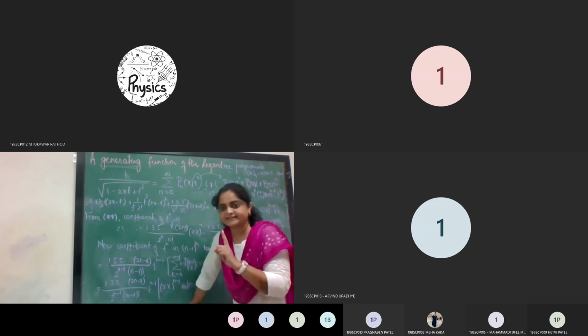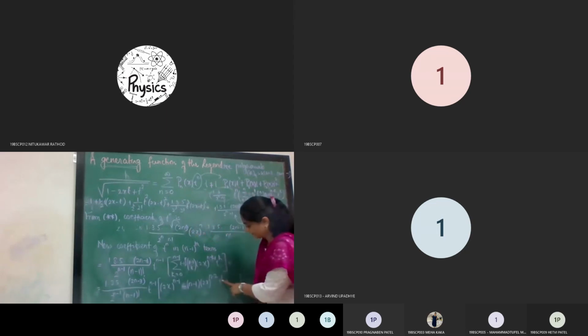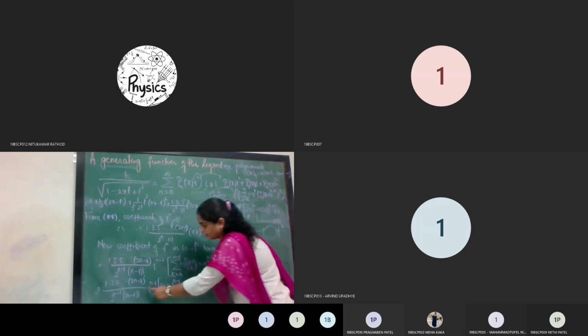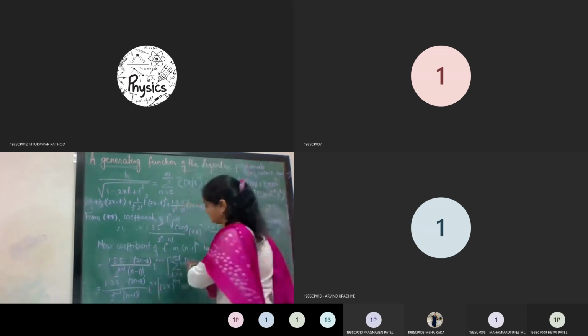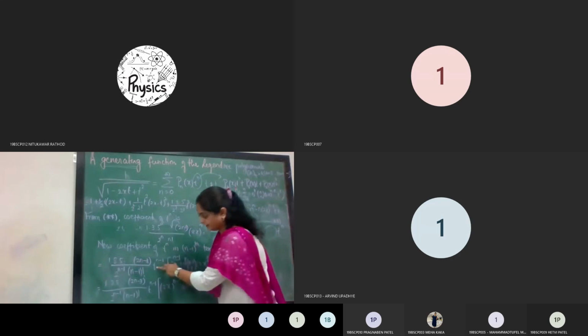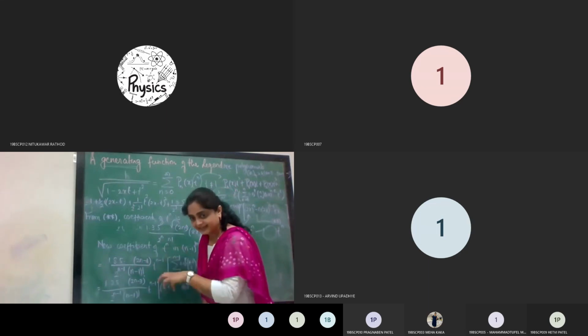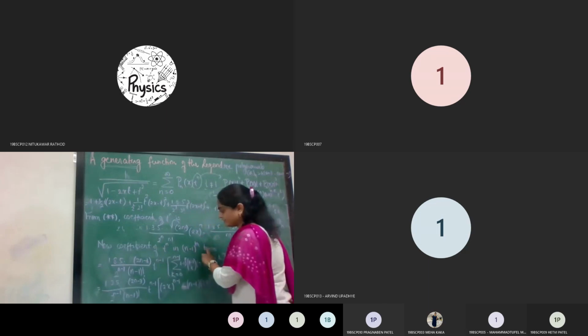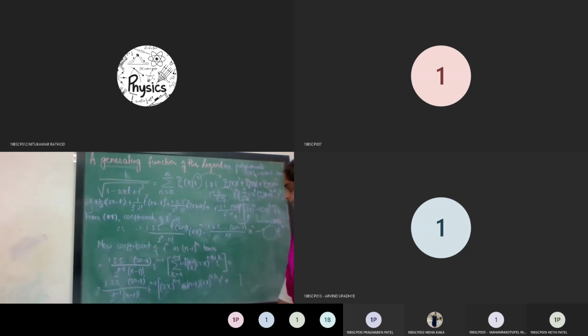What do we need? We need the coefficient of t raised to n, and where will you get t raised to n? Here, look, it is 3 raised to 1, so when you multiply this with this one you will have the powers of t raised to n, and hence what did we consider? The n minus 1th term. And now we will get the coefficient of t raised to n in the n minus 1th term, and what it will be, let us write it down. So that is equal to